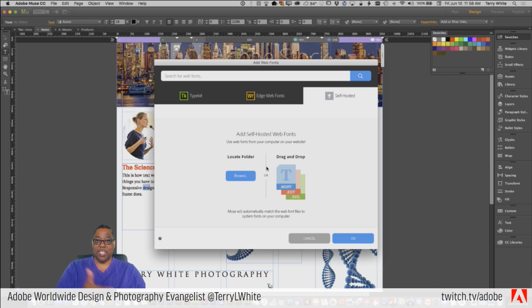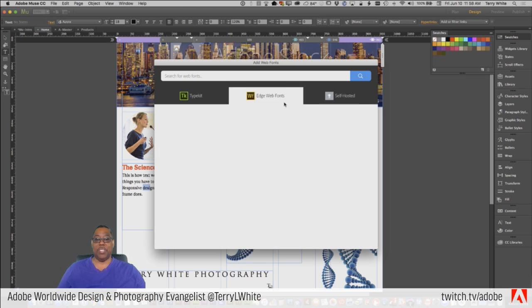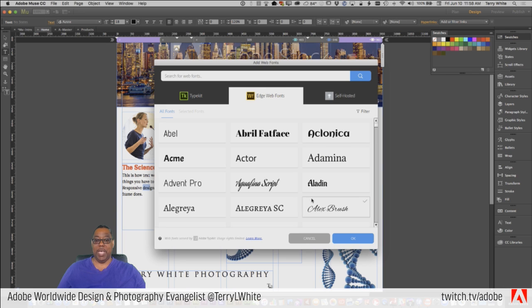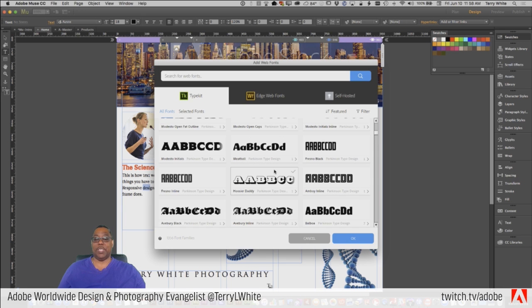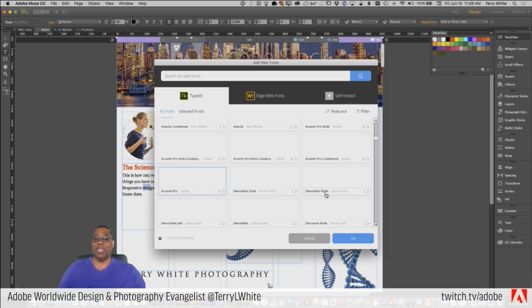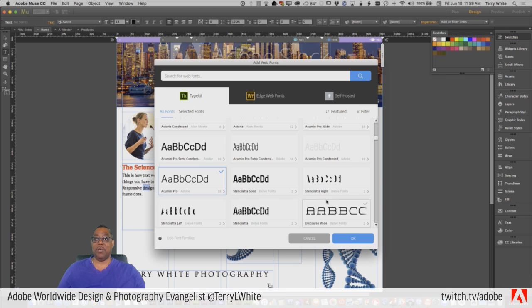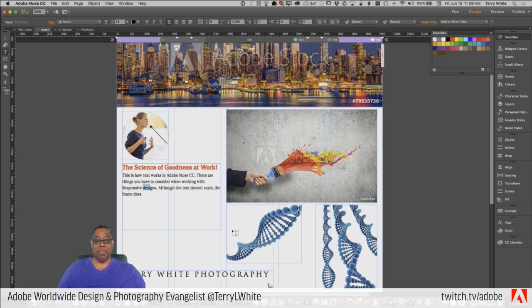It's just like any other file that gets uploaded with your Muse site. So if I go find a font called Terry White, and I add that as a self-hosted font, and I'm hosting with Bluehost as my provider, it gets uploaded with the rest of my site. I don't have to worry about anything because that's a feature that's built into Muse. So whether it's the original 400 or so web edge fonts that we still have because people still use them on their sites, or whether it's the 1,000 plus Typekit fonts, doesn't matter. You have choices of fonts to use in your type design now, or your web design.